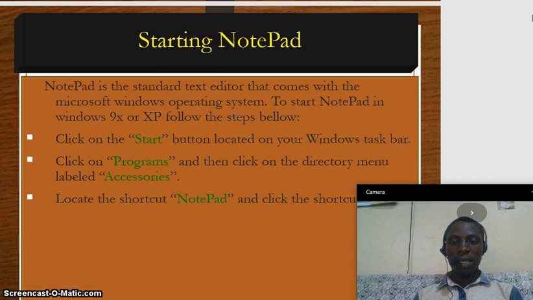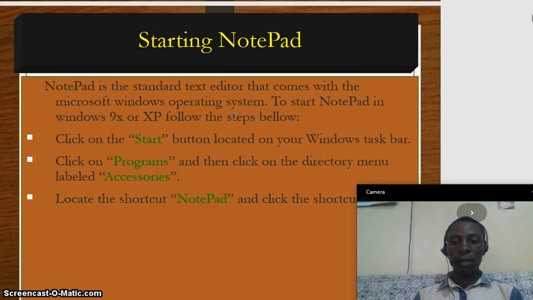We shall click on the Start button located on your Windows taskbar. Below your screen is a taskbar. We won't see these things practically, but let's first go through this theoretically. Then you click on Programs, and then click on the directory menu labeled Accessories.